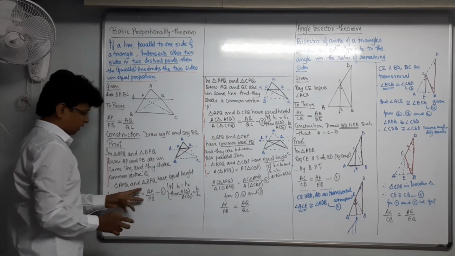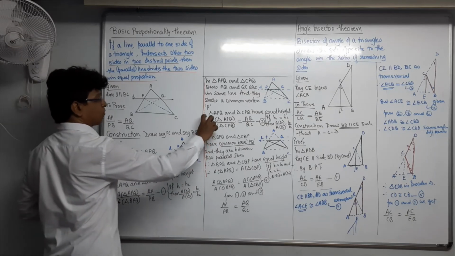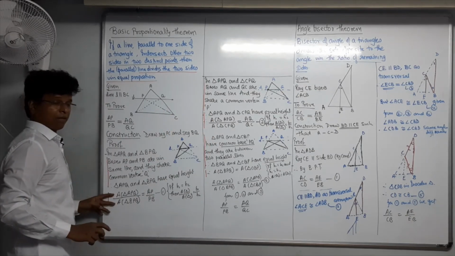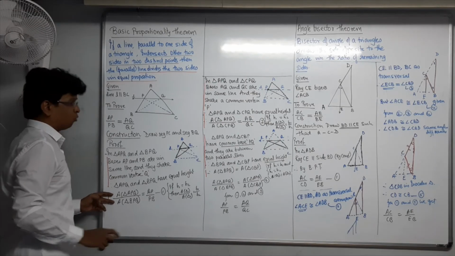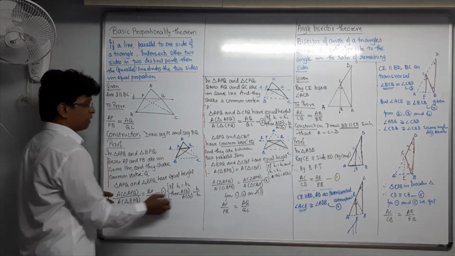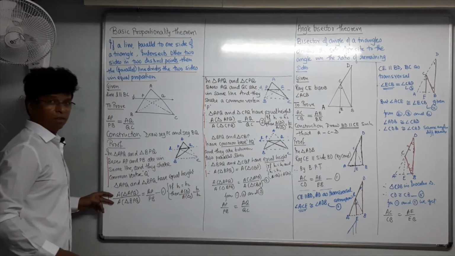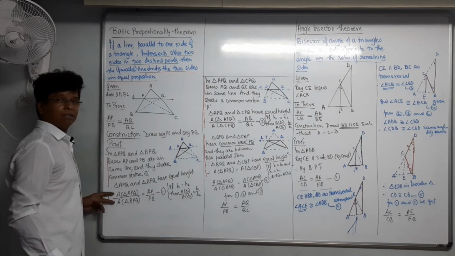upon QC. If I have to prove these two are equal, I have to prove that the ratios of the areas of these triangles are equal. Anyhow, if I am able to prove the ratio of the area of triangle APQ and this are equal, then I can immediately say AP upon PB is equal to AQ upon QC. And in that part also, APQ and APQ are congruent.